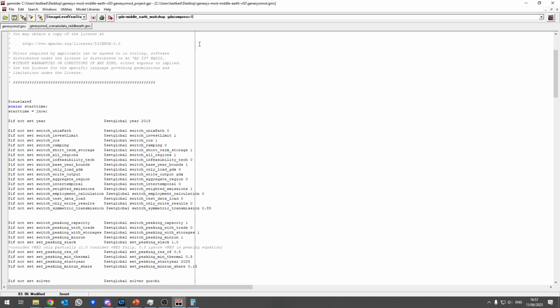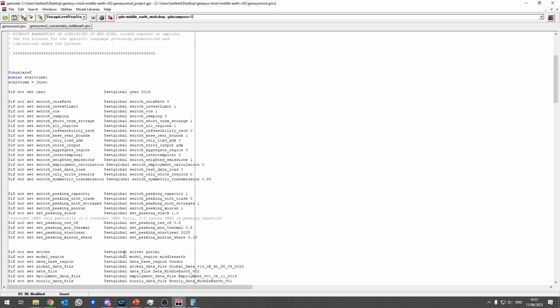What you can also do is, as I mentioned, you can set these switches. So right now I've set here set solver Gurobi. But if I didn't want Gurobi, and for some reason I don't want to write it down there because maybe I just want to use the other solver one time, and I can't be bothered to change the file, what I can then do is press --